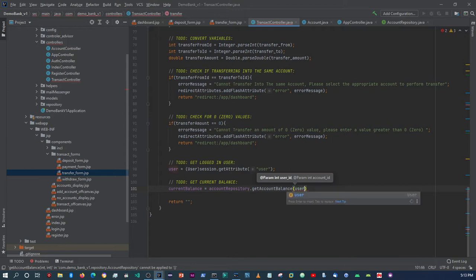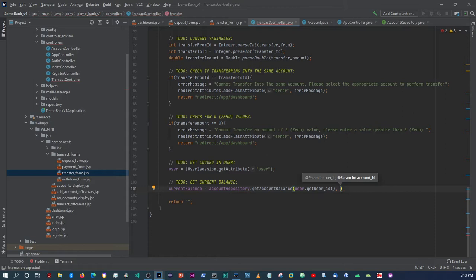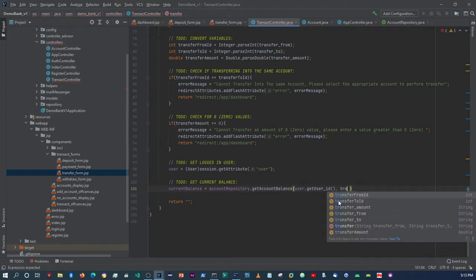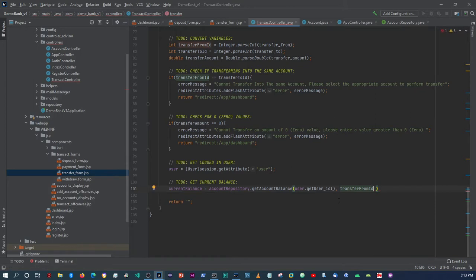Then we're going to say user.id, and then the account is going to be from, remember we're transferring from a specific account, so the id that we need to get is the id of the account that we're transferring from. Transferring from here. All right, and then here we're gonna set